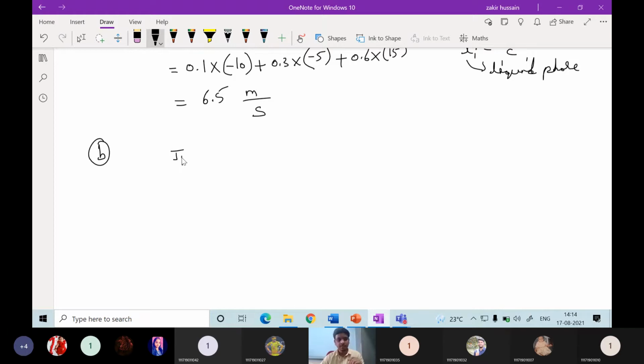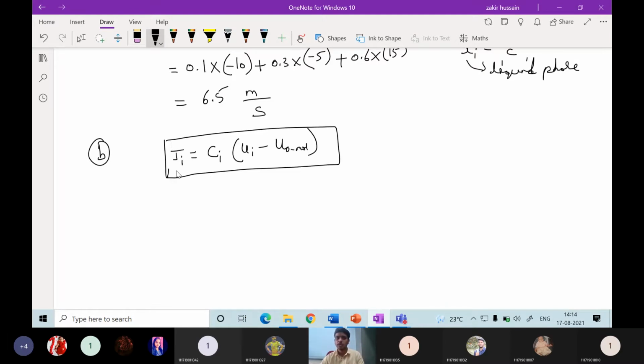So Ji, or Ja, whatever it may be, Ji is equal to Ci into Ui minus U naught mole. U naught mole or U naught mass was done. If this is rho i, then this will be U naught mass. If this is Ci, this will be U naught mole. So this formula we have seen initially.